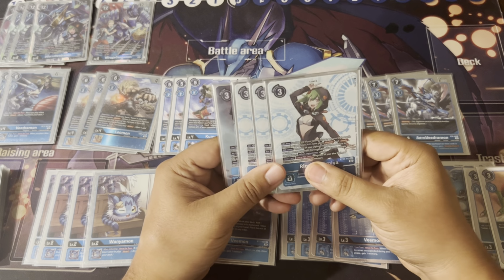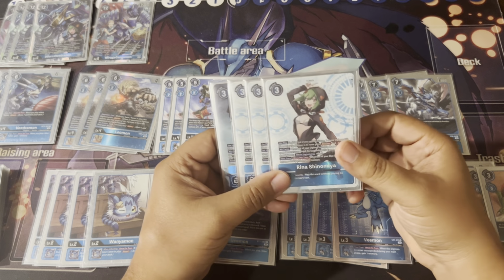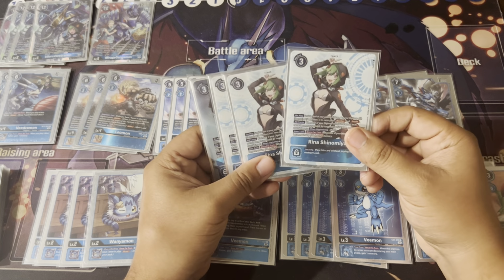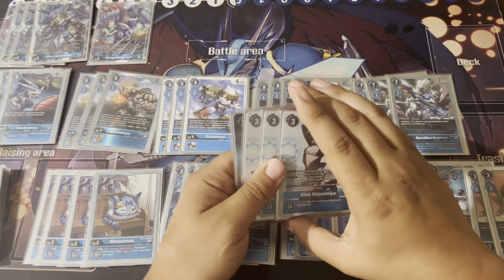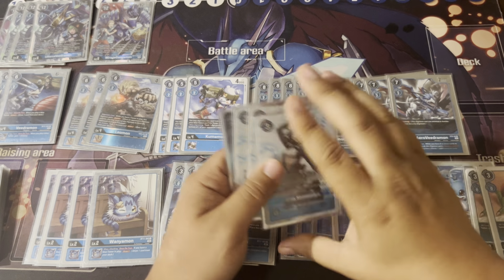The Renas are just, this card is so good. On play, you're giving your Vs, not V-Dras, anything with V, block or evade. So if you have a VMon on the field and you need a blocker for the next turn, you drop this, block or evade. Or if they're going to delete it or whatnot, you have block or evade on him. But anyways,